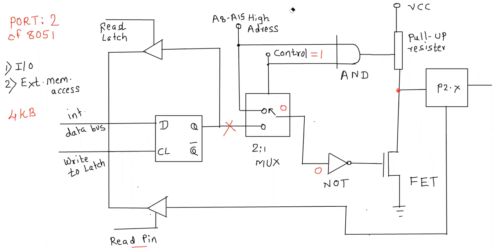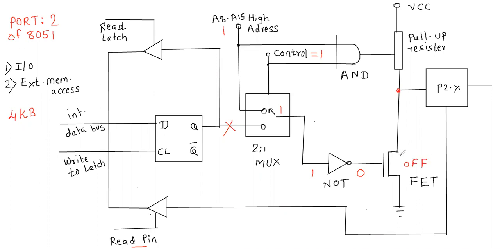So let us make one of the address bits equal to 1. So that 1 is going to be routed through the switch, from the switch to the NOT gate input, and this will be inverted at the output of the NOT gate. The moment the NOT gate output reaches the FET gate, it will get 0 and that 0 will turn the FET off.